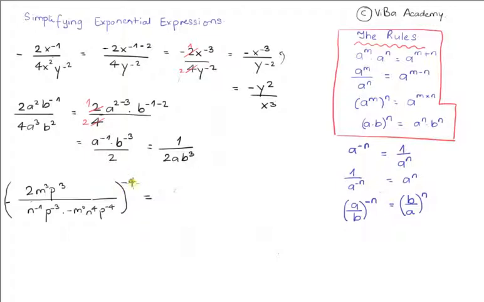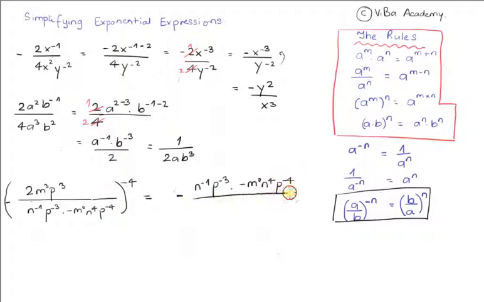Since it's a negative 4 and it is the exponent on the outside, I'm going to take care of that first. The way to take care of it is, if I have a negative in this exponent, I can make this positive by just flipping the numerator and denominator. That is according to this rule here, right? So the negative stays, but what I'm going to get is the denominator, which now is my new numerator, p raised to negative 4, divided by 2m cubed p cubed,